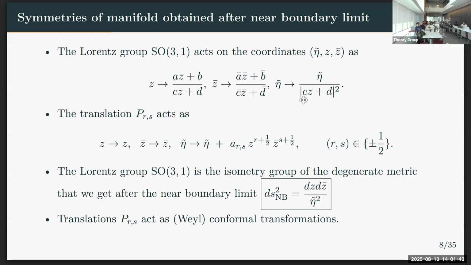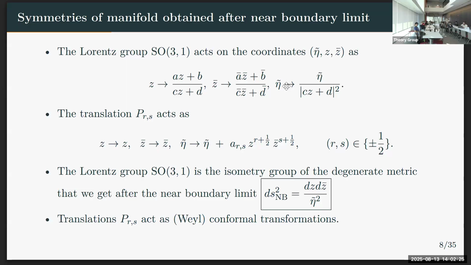The way they act is that z and z bar undergo an SL(2,C) transformation, the good old 2D conformal transformation law, and eta tilde gets scaled by the SO(3,1). The translations do not touch z and z bar, but they shift eta tilde. So that's how, in the new spacetime parameterized by eta tilde, z and z bar, the Poincaré group acts. Also, because we started with the Lorentz group, which was the isometry group of Euclidean AdS-3,